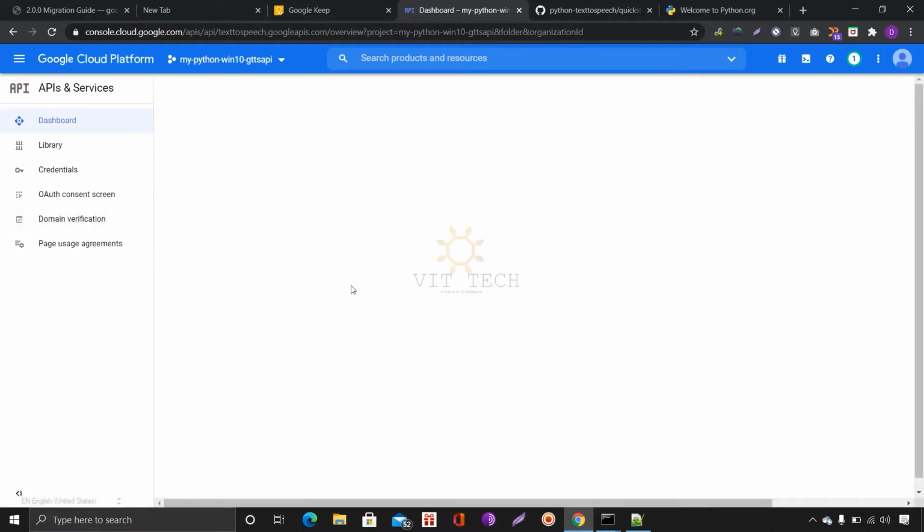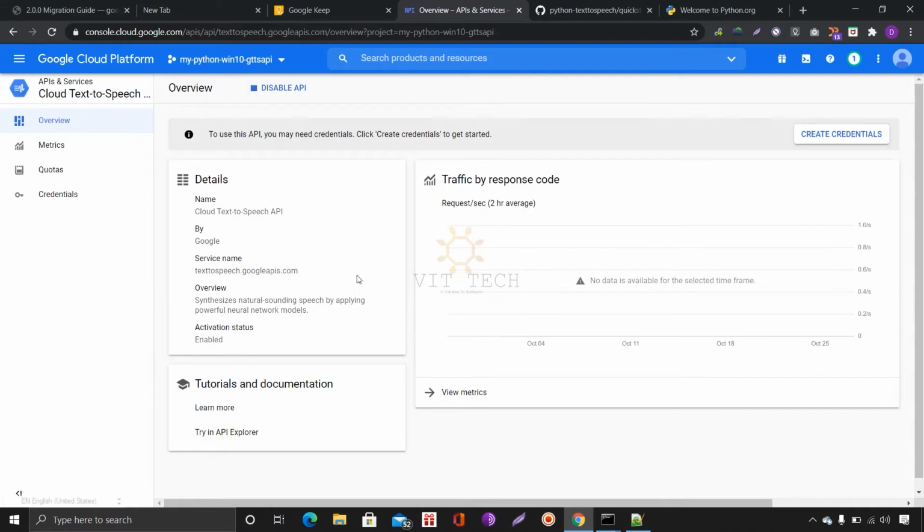After enabling, we need to create credentials, API credentials. Here you can see create credentials. Just click create credentials.